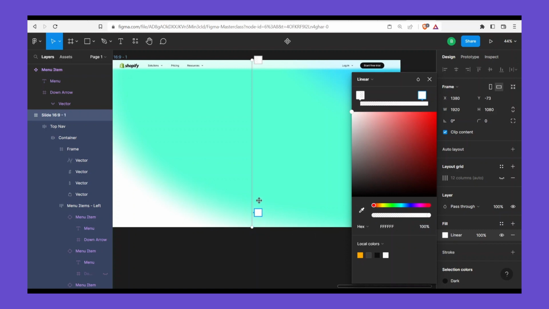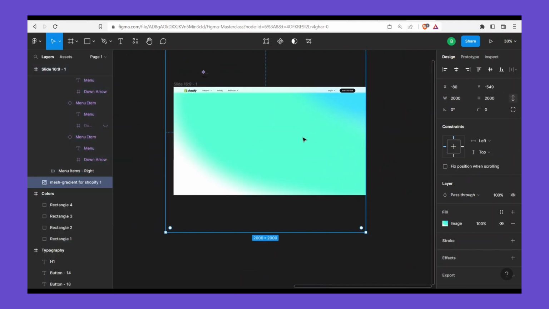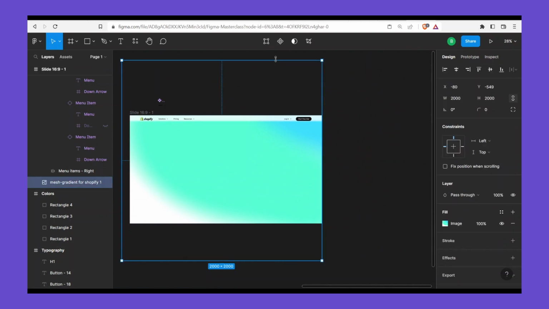Yeah, that should be working. Okay, no, I think I know why that's not working. So I'm just going to take this out real quick. And then what we want to do is